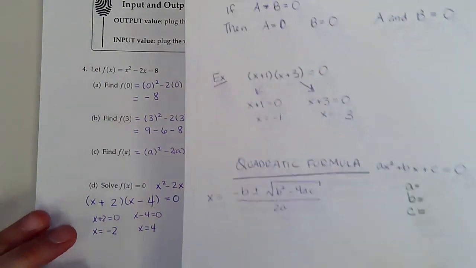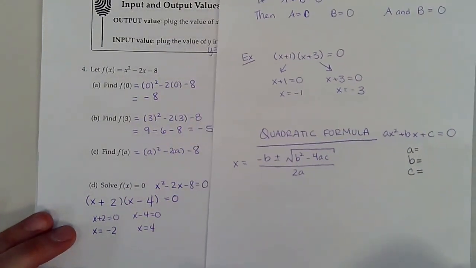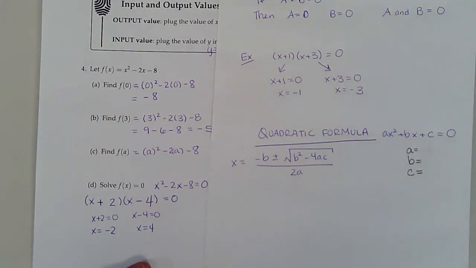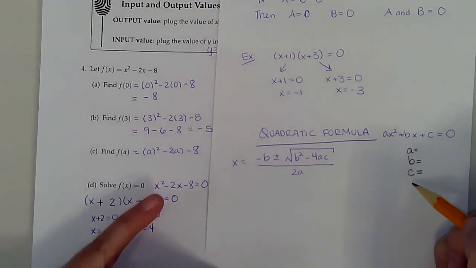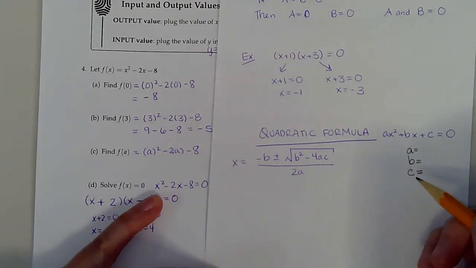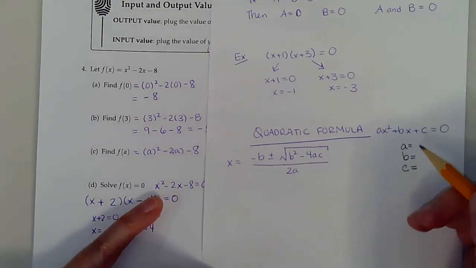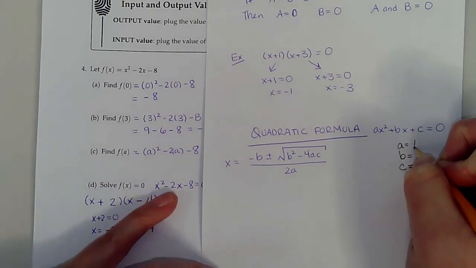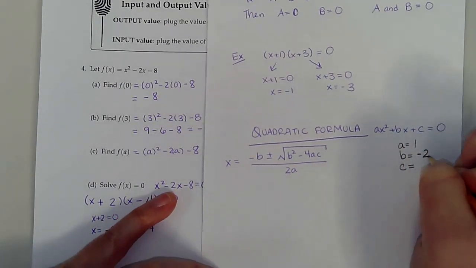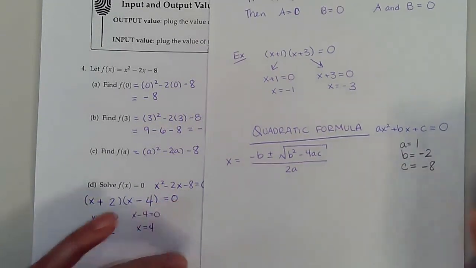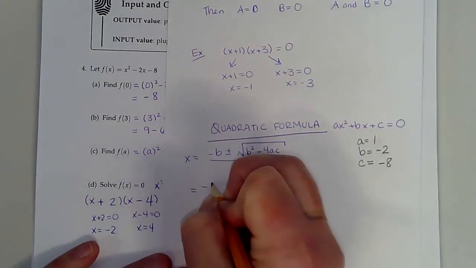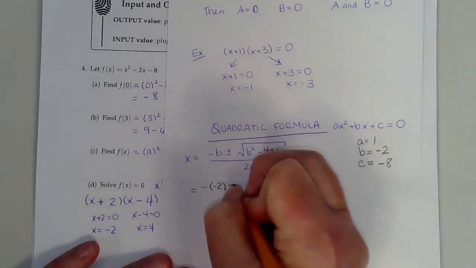Another way that will always get you there is the quadratic formula. And then the biggest thing is just making sure on both of these that they are equal to 0. And then we need to identify a, b, and c. So a is the number with the x squared term. So our a is a positive 1, and our b is a negative 2, and then our c is a negative 8. And if I fill this into the quadratic formula, I get the negative of negative 2 plus or